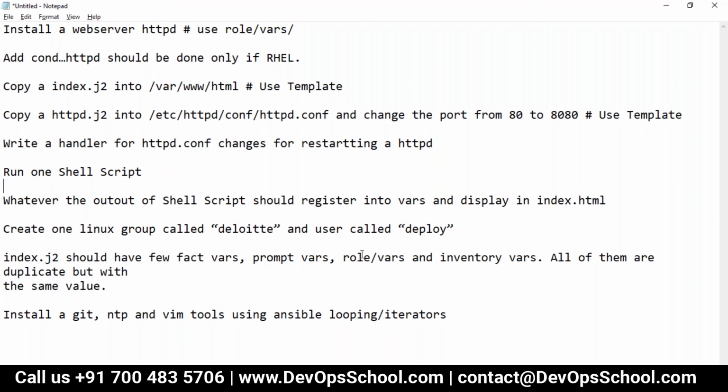This is the last project which I had given you. After that, no more projects, no lab assignments. But you guys have to practice it a little bit more. That's the reason I said one topic is dependent on another topic, especially in my training.